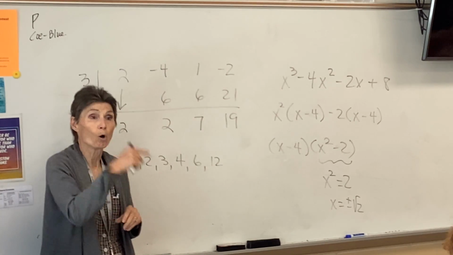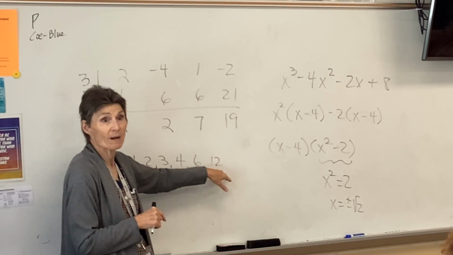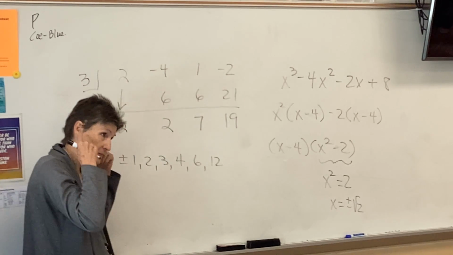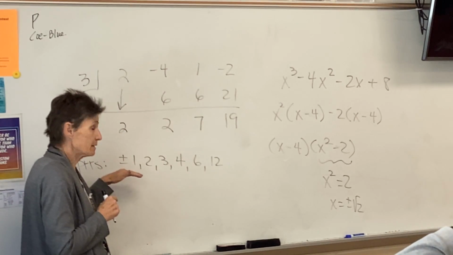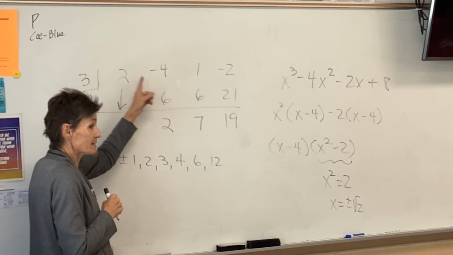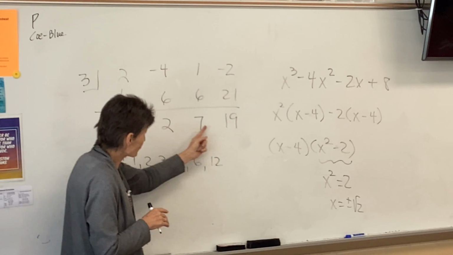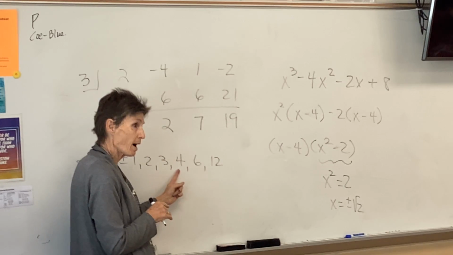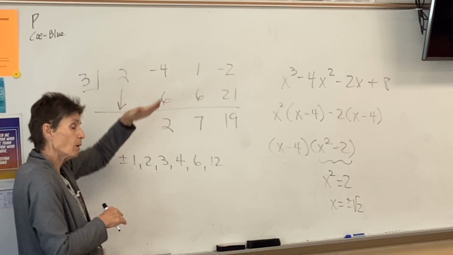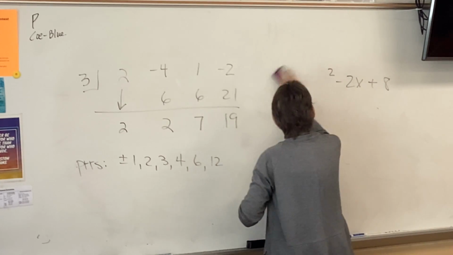Yes, because those are lower than that, so it would just be positive 4, positive 6, positive 2. PRRs? I made them up. I said, if you had a problem where these were the PRRs, and you did this division, 3 would not be a root, but because those are all positive, you wouldn't try 4 or 6 or 12, because 3 is the upper bound, you can't go higher than 3. All right, now do the same thing with the next problem